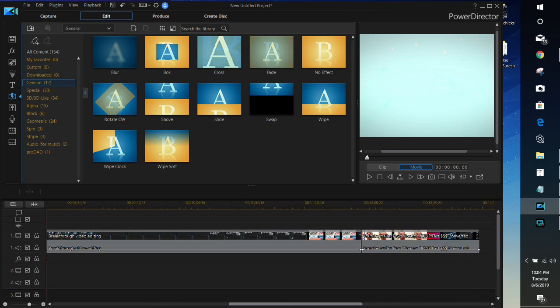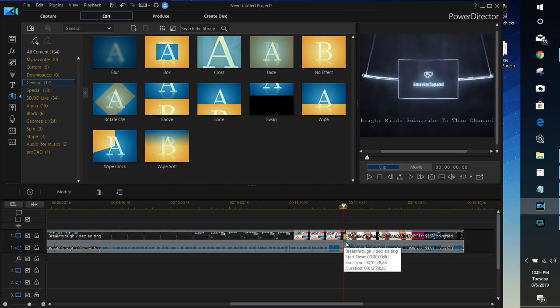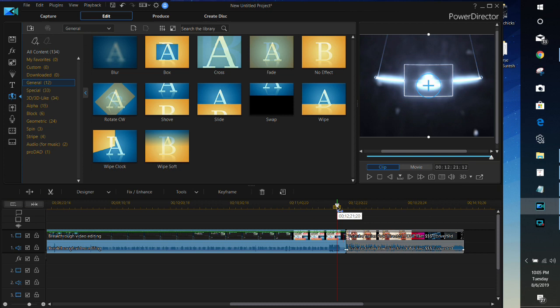I'm going to slide to the end of this first video right here. And we're going to take this one. That's the one I want to use. We're going to click on it and drag it to the end of this video. And you'll see a little rectangle right there. So that orange and blue means the transition is there. So now I'm just going to move the play button a little further. We're going to click play and look at the